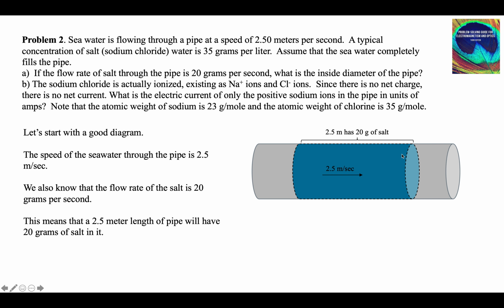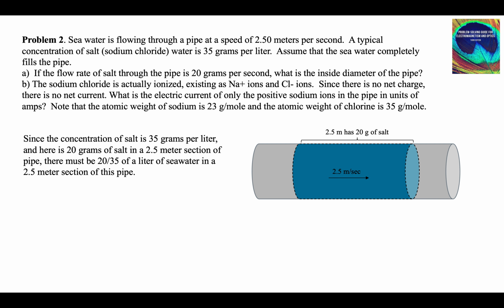Imagine a syringe pushing this water 2.5 meters every second. If the flow rate of salt is 20 grams per second and the water is moving at 2.5 meters per second, this amount of water must contain 20 grams of salt. If you're not sure about it, pause the video and think about it some more. It's an important concept. Since the concentration of salt is 35 grams per liter, that's given,